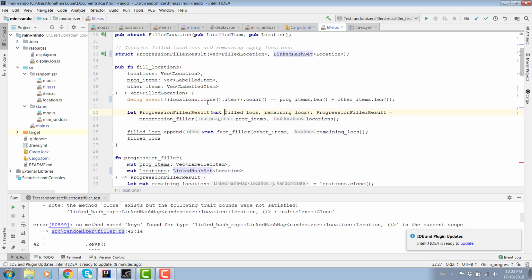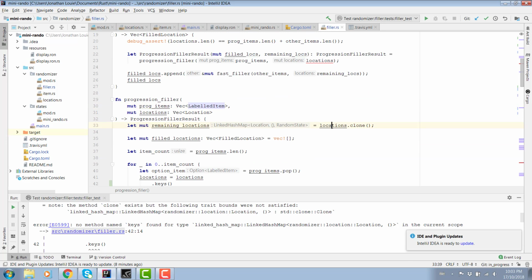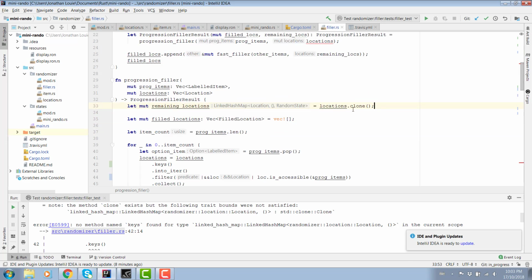Back to the vectors. Back to .len. This one will take a vector, so that's okay, because we're going to be able to clone it. Then I forgot what I was going to do. Oh, I mutate locations, don't I? Well, I don't really want to mutate locations now.